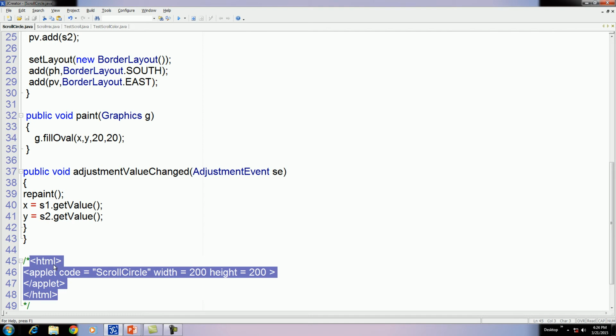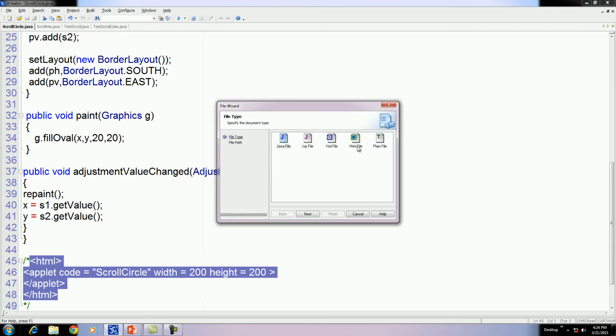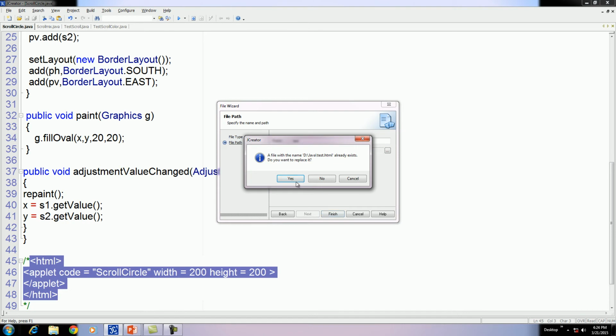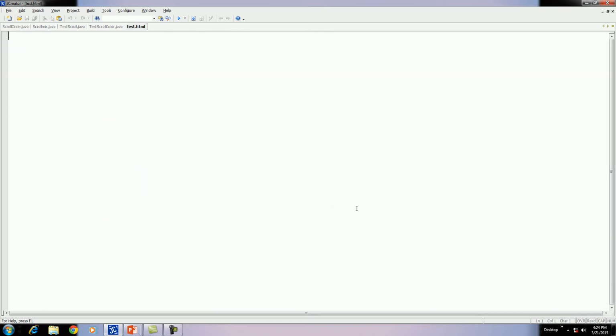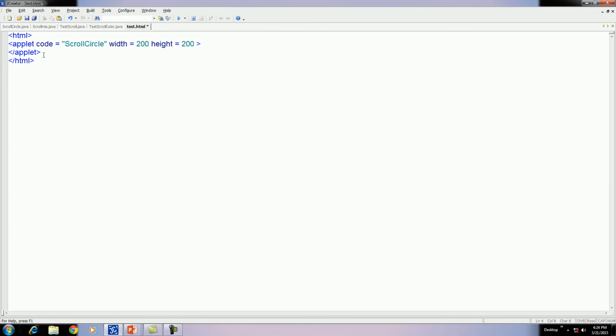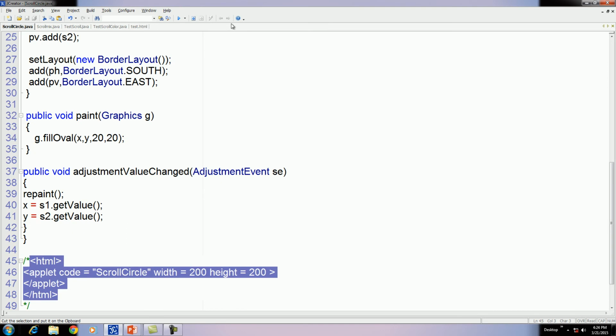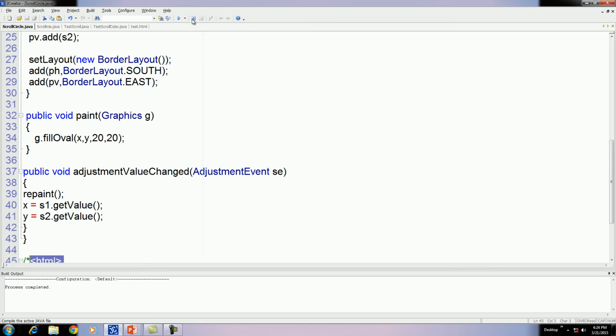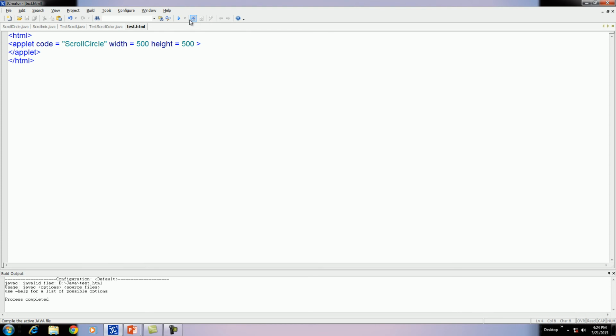For this I copy it and create a new file, that is HTML. We need an HTML file. Test. Put this in, suppose we take a maximum size of 500. Okay, now your task is first to compile this program and then run it.